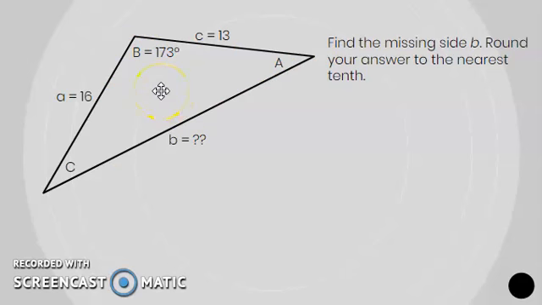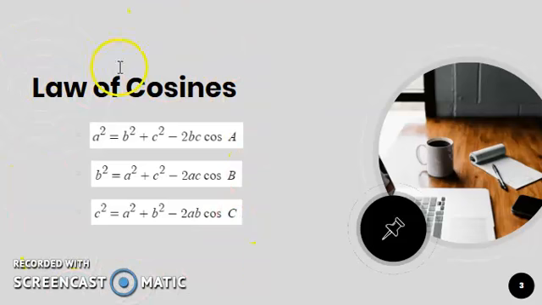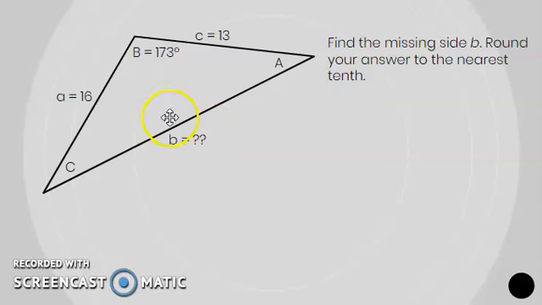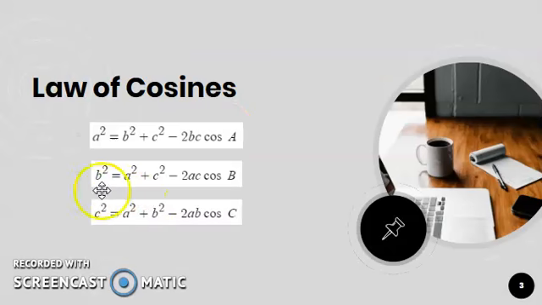Instead, we can use the law of cosines. And the law of cosines will enable us to find that missing side of b. Now we were given the values of a, c, and angle b, which means we're going to be using this formula in the middle to find b by substituting the side a, side c, and angle b, and using this formula we'll be able to find the missing side of b,